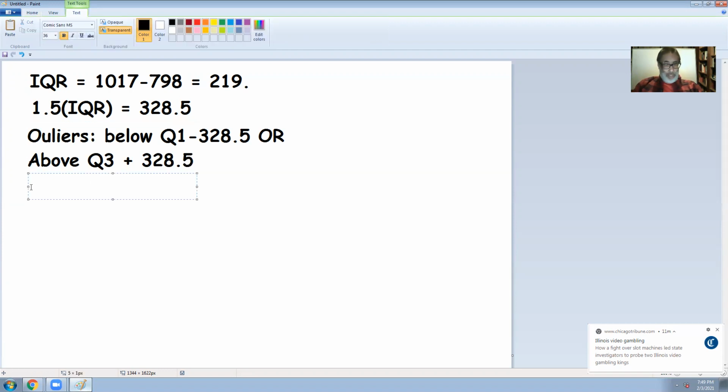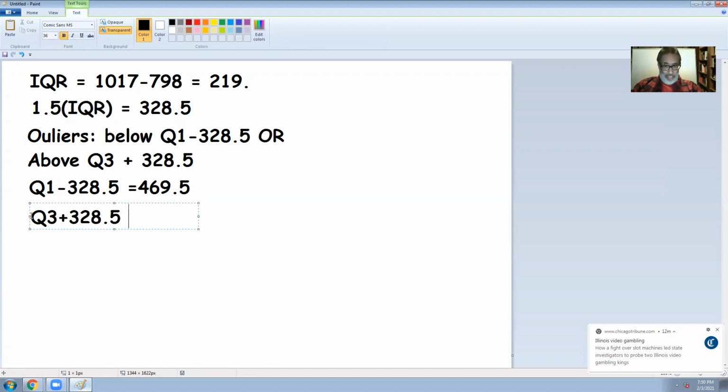So the first one, Q1 minus 328.5, is, and there is a little bit to do here, 798 minus 328.5, and that is 469.5. Oops. Now let's do the other one. Quartile 3 plus 328.5 will equal,